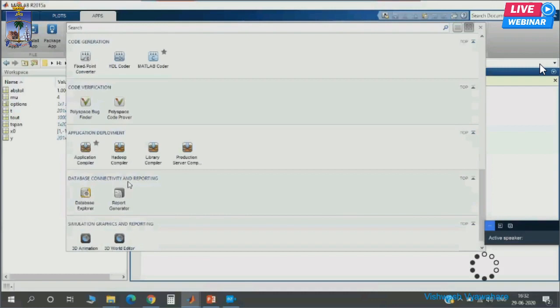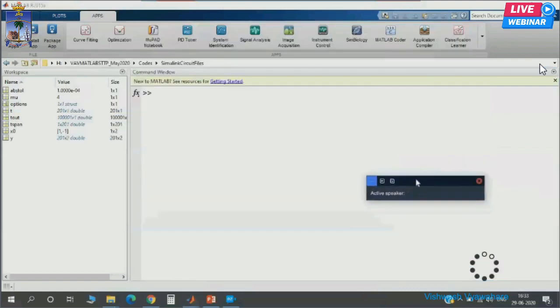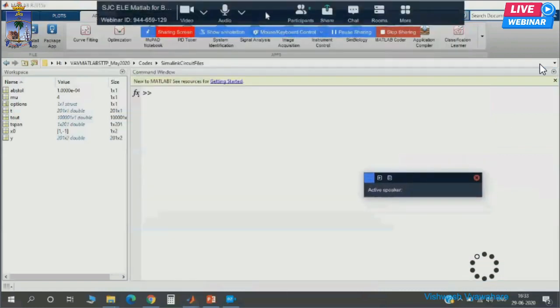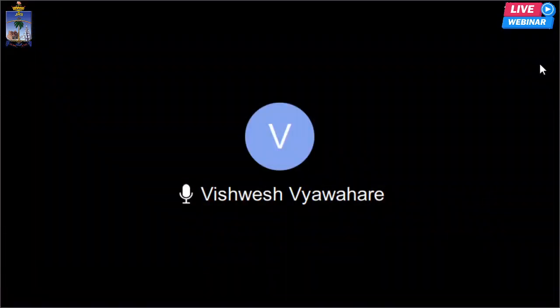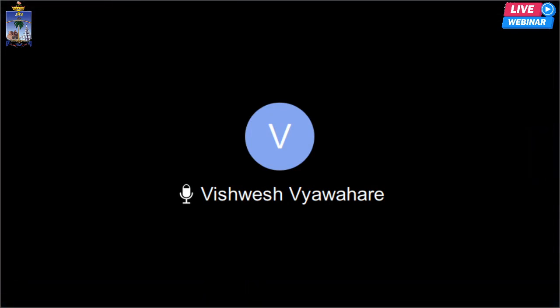Database. Even the latest versions have got GPU, parallel processing units, so parallel computing and all those toolboxes are available. I would advise the viewer or the participant to just go to the MathWorks website and have a look at that. What I am showing is 2015, 5 years ago. A lot of new toolboxes have been added. Machine learning, AI, HIL, hardware in loop, and everything is available.